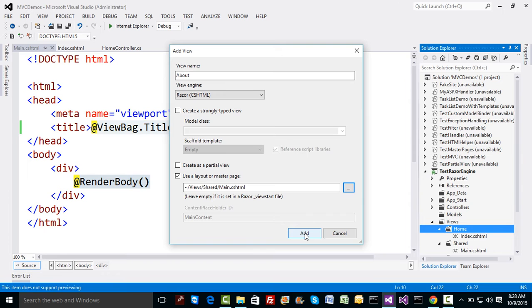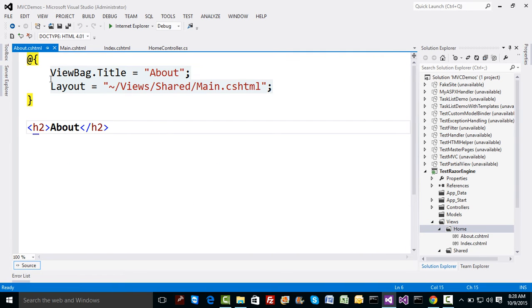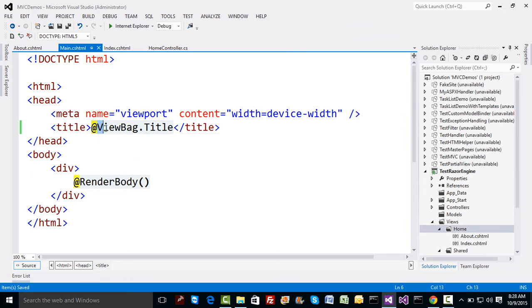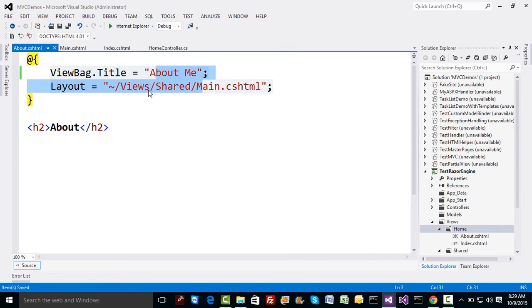The time you add this page, you will find out some changes now. That ViewBag.Title equal to about, which means here itself in about I'm going to set a title in a ViewBag called as about, let's say About Me, and then in the main.cshtml, wherever we have authored @ViewBag.Title will be replaced by this value now, and the layout specified at the top, instead of the master directive we have got this, you can say, @ symbol.